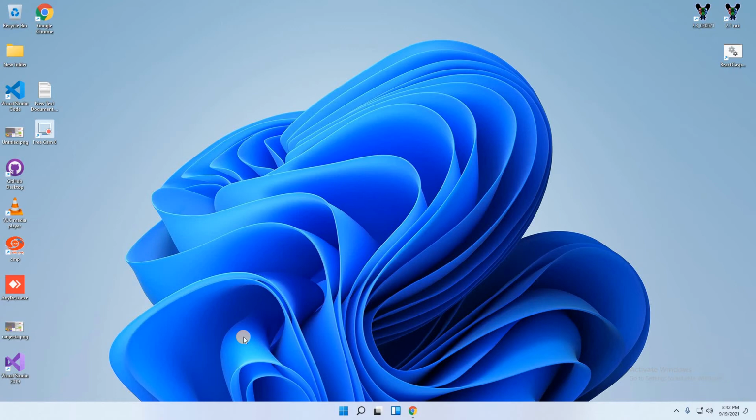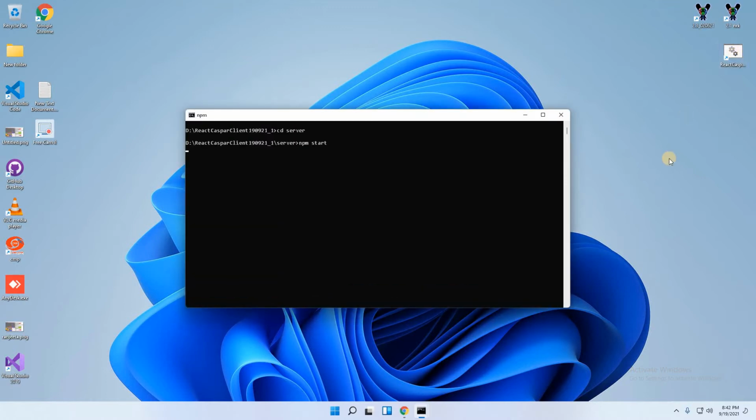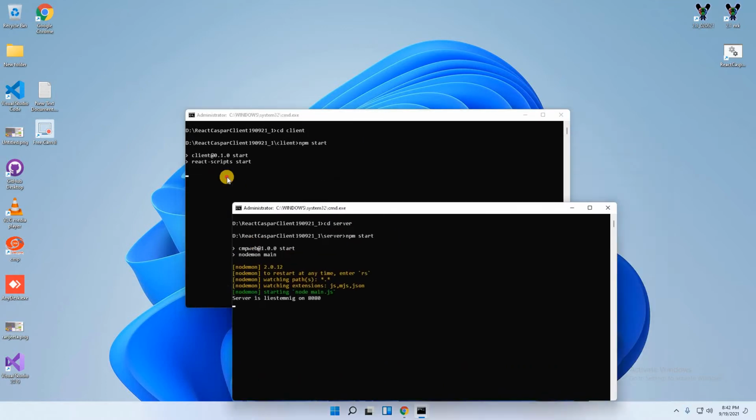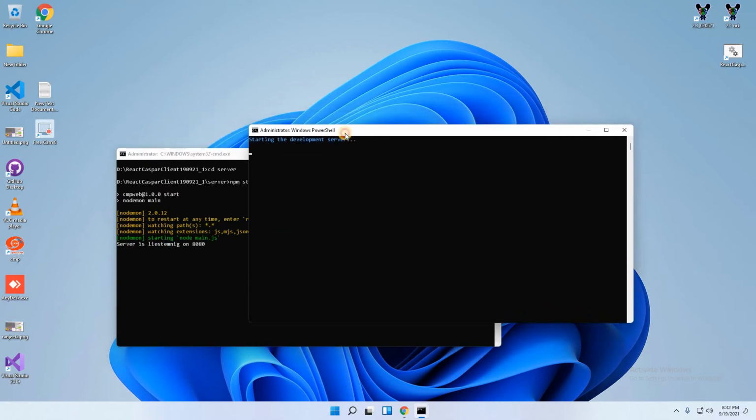My name is Vimlesh Kumar, and I will show a new application, React Casper client. I have an application here. Shortcut, double click, and the application will be started. It has two sections. One is server, and second is client. When client starts, it automatically opens in Google Chrome,